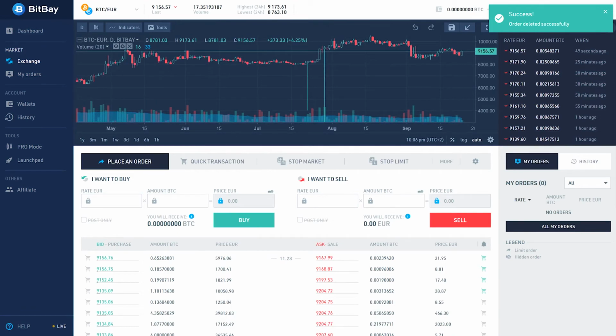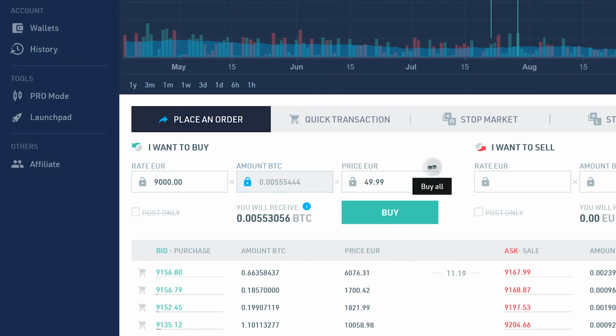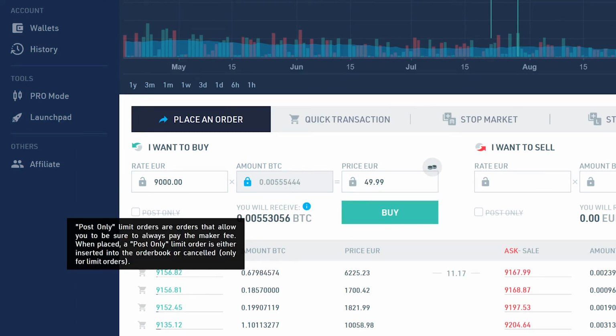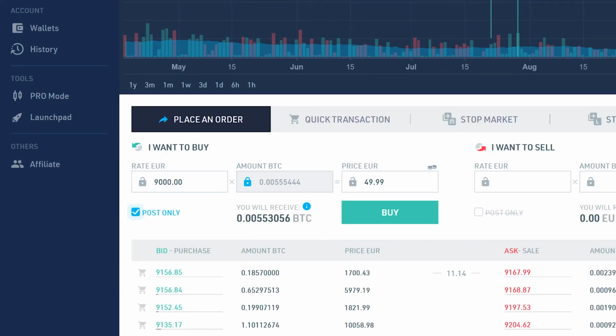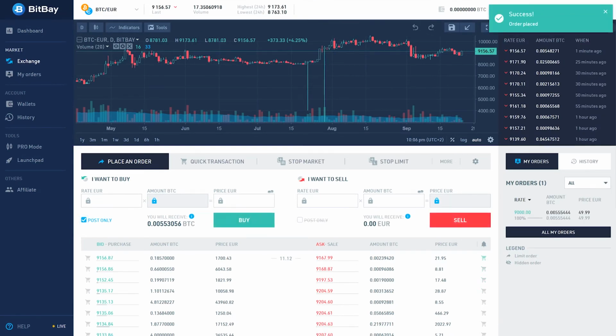Remember, offers sharing the same exchange rate and placed by more than one user are realized in the order they were placed. However, if you wish for your offer to only be realized at your chosen exchange rate or not at all, check the Post Only field. This kind of offer charges a maker fee when realized. Selling cryptocurrency operates along the same lines.